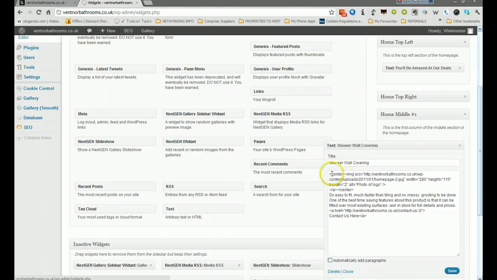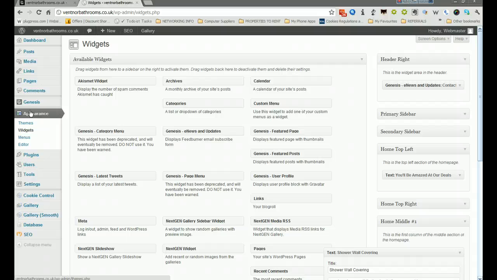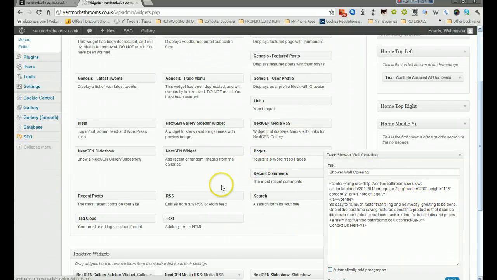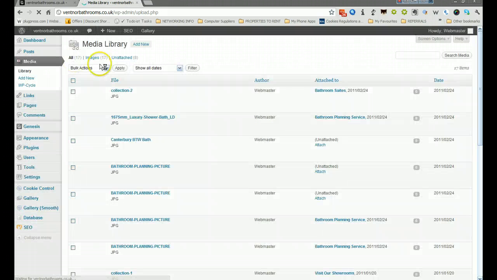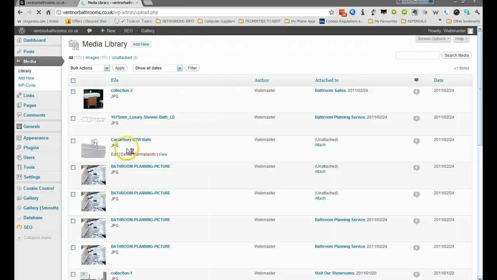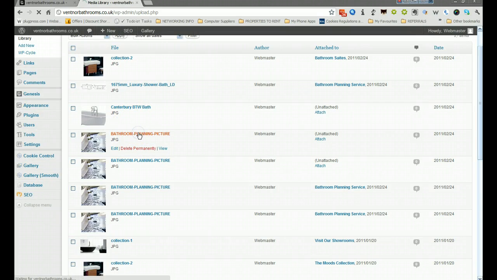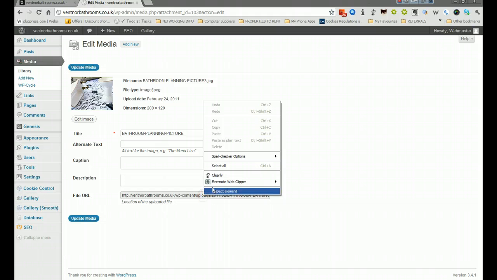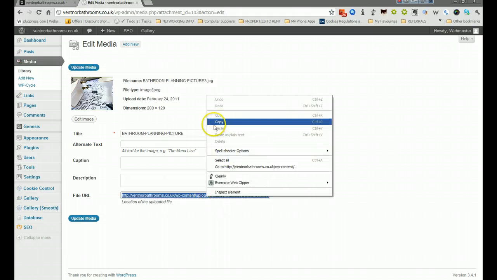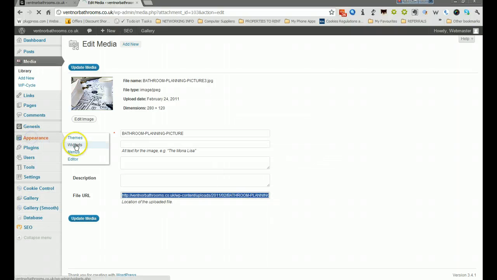So I've centered it, so this is the code for centering, and this image source equals, and here's the URL which takes us to that image which is in the media library. In order to change that picture, what you would do is go to the media library. You would then find the picture. Let's just say as an example we were going to take this one. Once we've opened that picture, this is the file URL. So basically you would right click, select all, right click, copy, and then you'd come back to the widgets